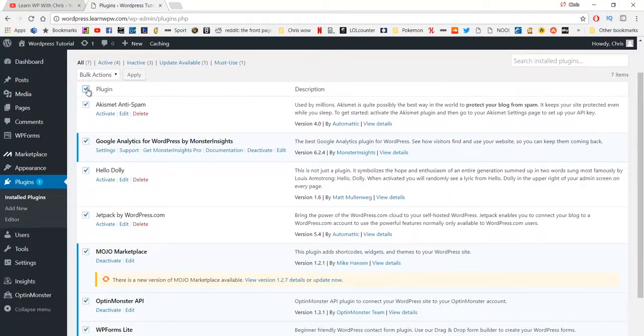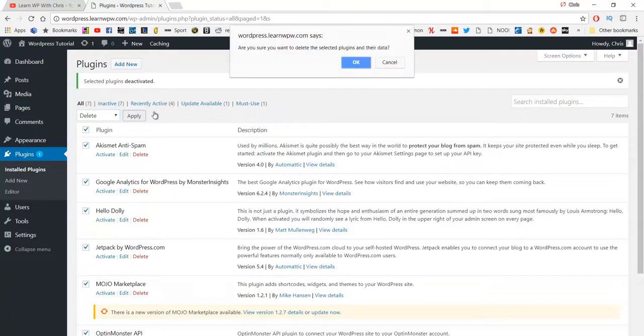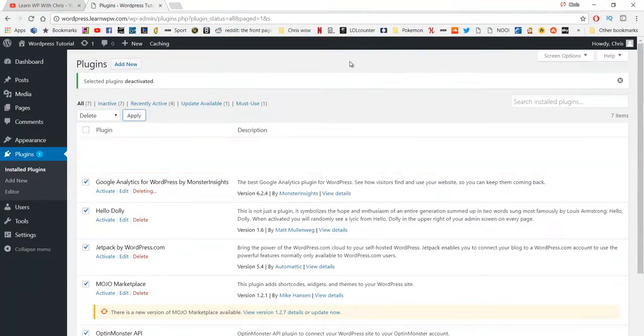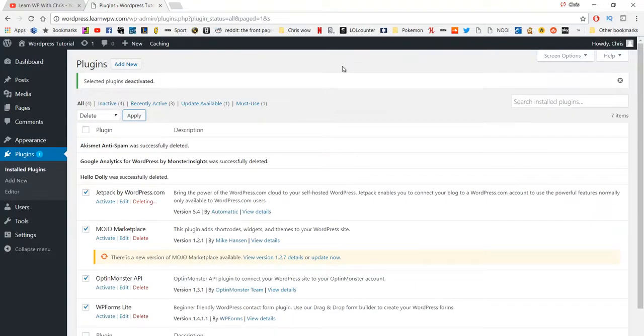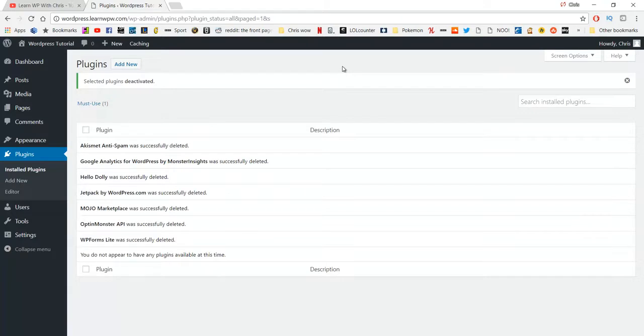So if you just want to tick this here, it will tick all of these, and then you want to hit bulk actions, deactivate first, then click apply. And then you want to tick them all again, click bulk actions and click delete and hit apply. And just make sure you say OK. So that's all the plugins deleted. And now if you just want to click add new up here,